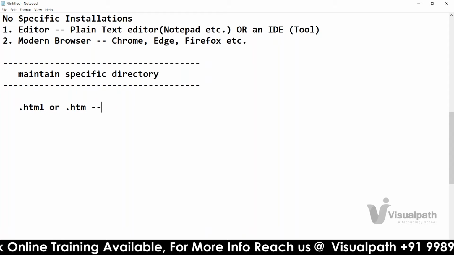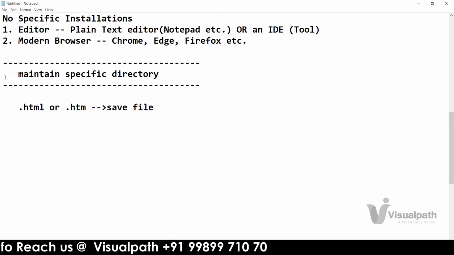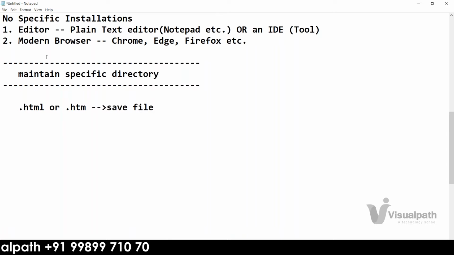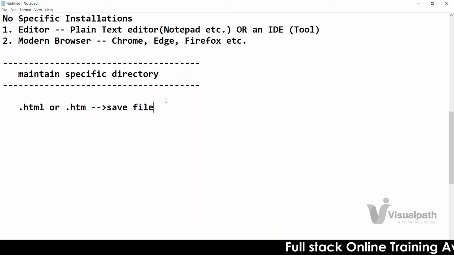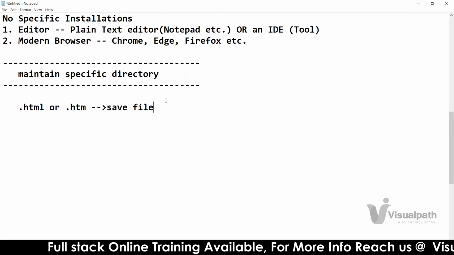Once we have saved that file, it can be opened in any browser, whichever browser you are using. The browser has the capability to go through your code and display and execute it. You understood, right?